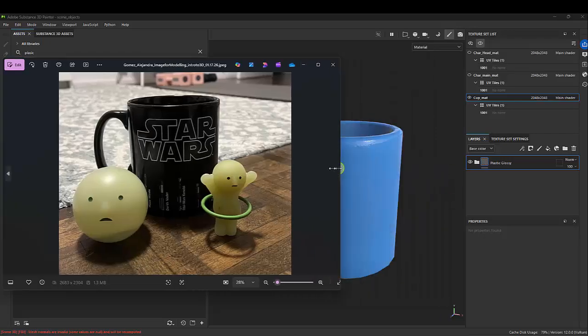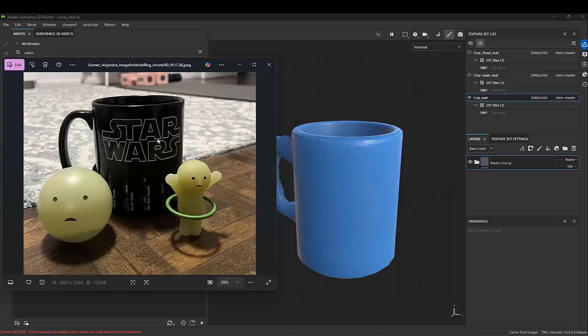What I'm going off of is this here. I'm not going to do the Star Wars and all that kind of stuff, but I'm going to show you how to shade these pieces here. Okay, just give me a second. Cool. All right, so the cup,